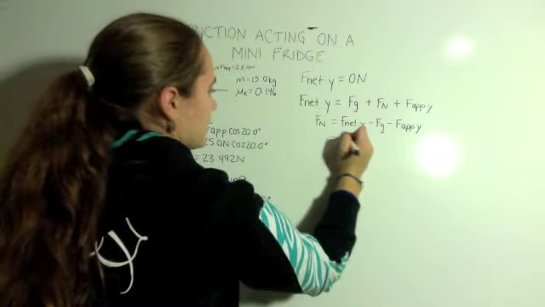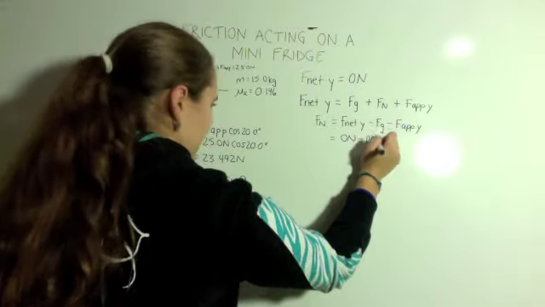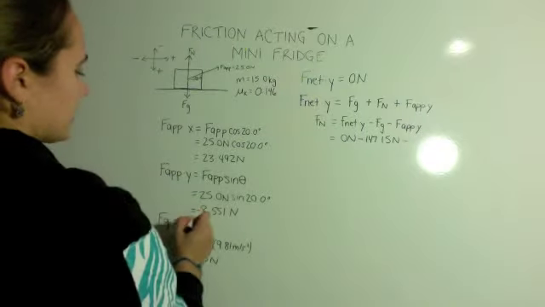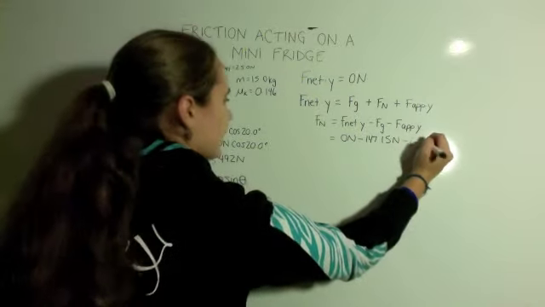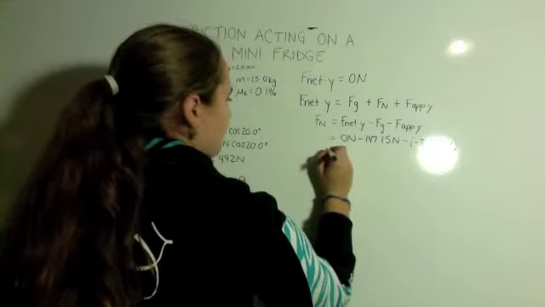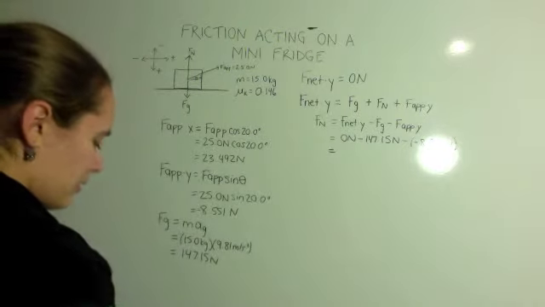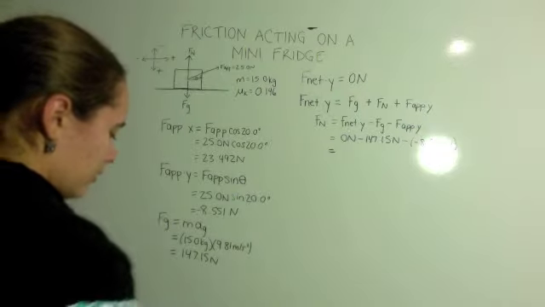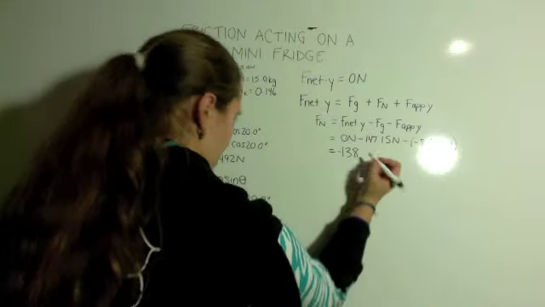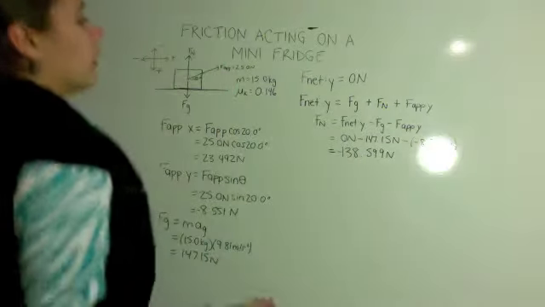Sub in 0 newtons minus 147.15 newtons minus, and now the F applied y was a negative value, so minus negative 8.551 newtons. And this is going to equal negative 138.599 newtons. And now, finally, we can find the force of friction,